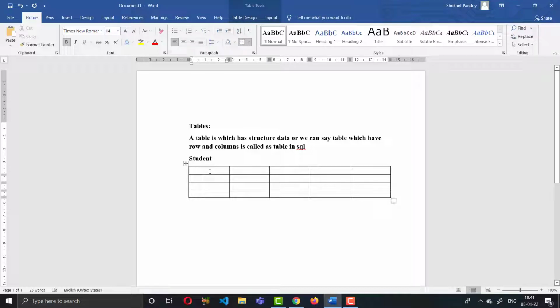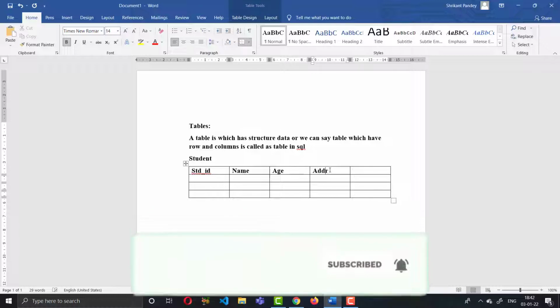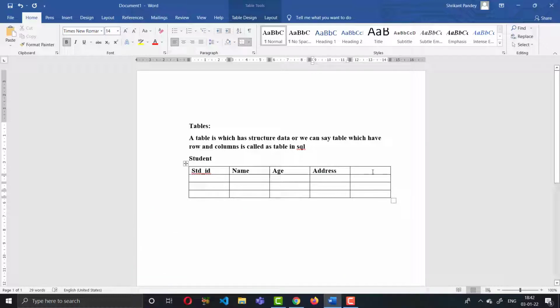Suppose I am giving the column names here: student ID, the short form being STD ID, the name of the student, the age, the address of the student, and the city that student belongs to.